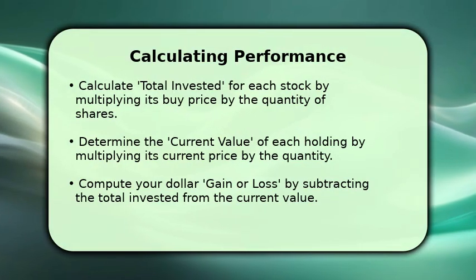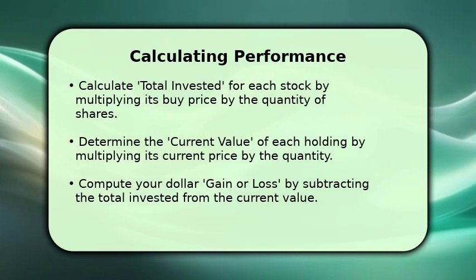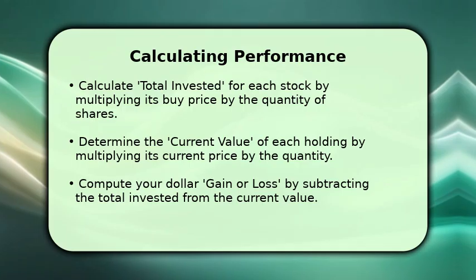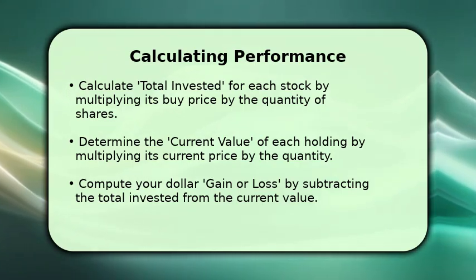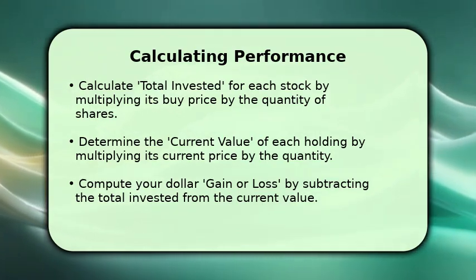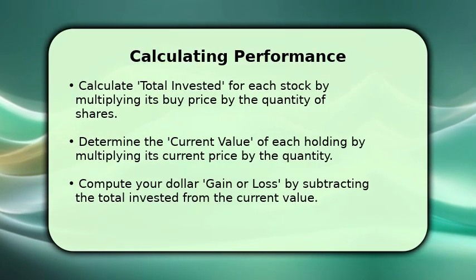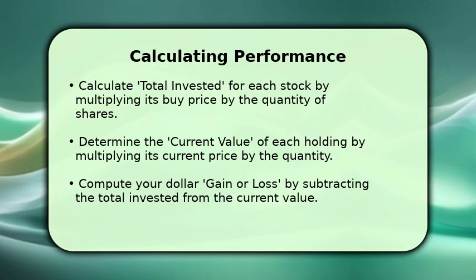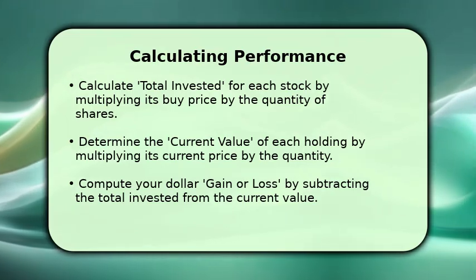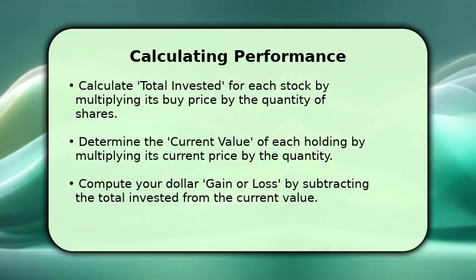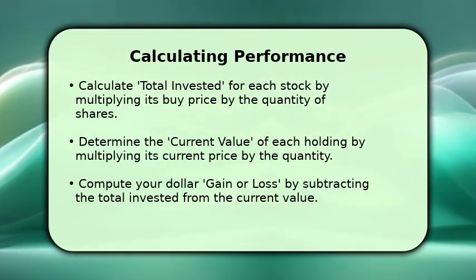Now, let's get to the numbers and calculate your portfolio's performance. First, create a total invested column. Simply multiply your buy price by the number of shares. Then, calculate the current value by multiplying the current price by your shares. To find your dollar gain or loss, subtract the total invested from the current value. Finally, divide the dollar gain or loss by the total invested to get your percentage gain or loss, providing a